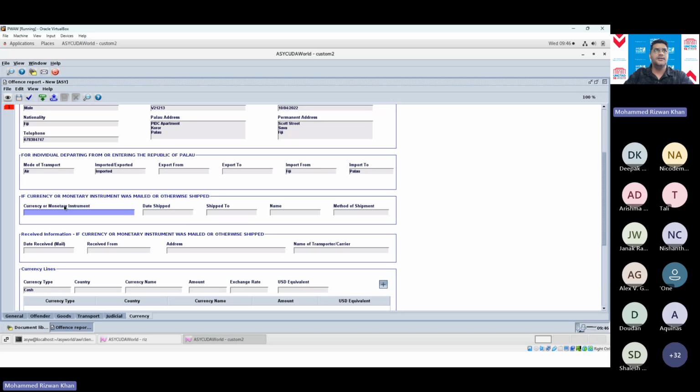This part is basically if the currency or the monetary instrument was mailed or otherwise shipped. So this is where you'll fill all the information of the mailing details, basically. Who sent, who mailed to whom, from where, what method of shipment was, postal or otherwise.